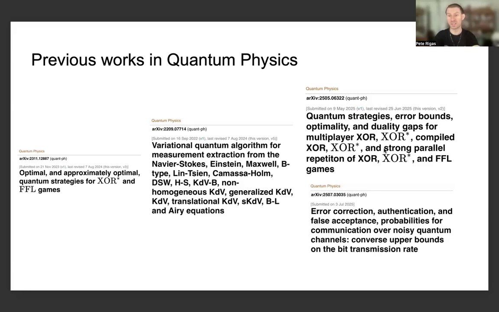And then more recently, in this year 2025, I've been describing also how my works from quantum strategies, error bounds, optimality, and duality gaps for a wide variety of multiplayer games, in addition to my most recent preprint from around a month and a half ago relating to error correction, authentication, and false acceptance probabilities for communication over noisy quantum channels. They're also relating to different aspects and different considerations, like how we've also been describing, for instance,